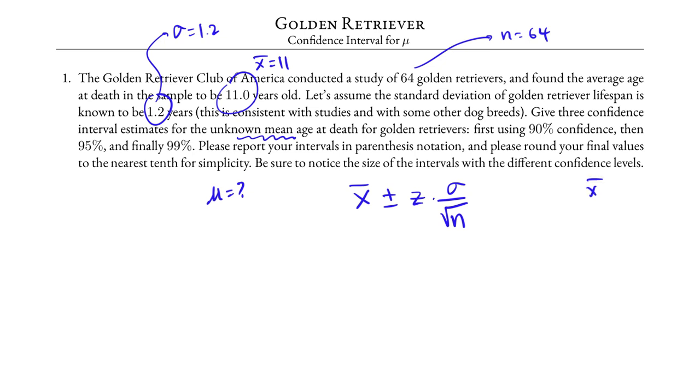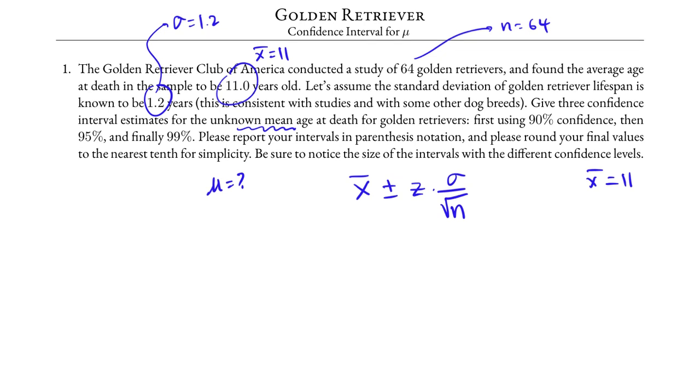In this case, x bar is 11. The standard deviation sigma is given, 1.2. The sample size n is also given, 64. The critical value z depends on the confidence level we use. For the 90% confidence level, the critical value z is